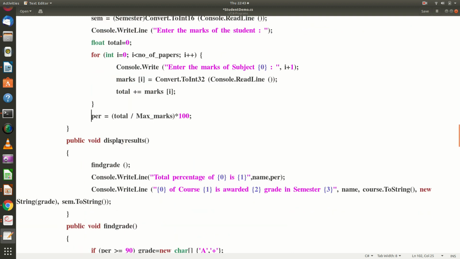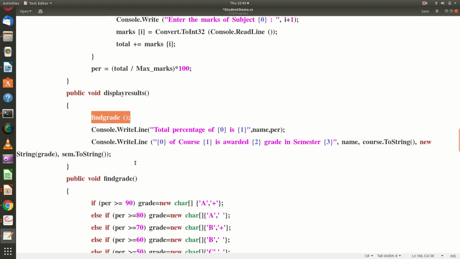Then you go for displaying the results. Before you go for displaying the results, you invoke the find grade method, and after finding the grade, you display the total percentage, and then you display that the course is awarded with A plus grade in semester for this particular student.